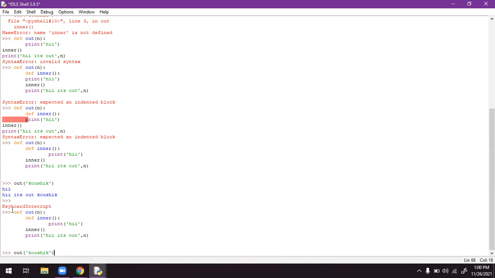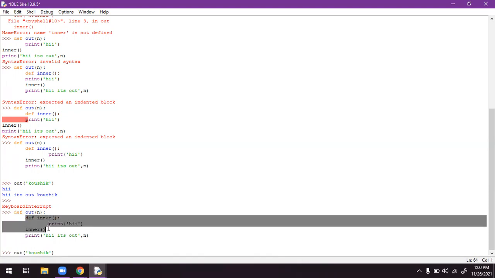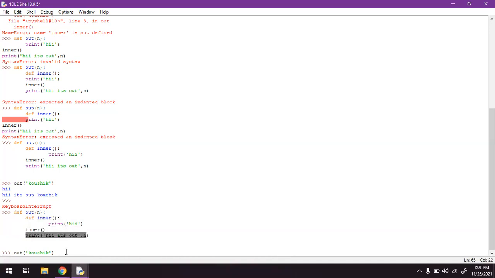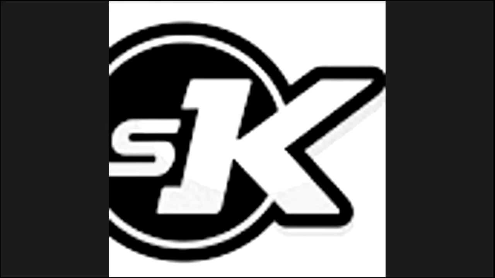I'm supposed to get the outer function statement, isn't it? But the inner function is defined here, the statement for that inner function is print hi, and the inner function is called here. After completion of that inner function, we are getting the outer function statement.